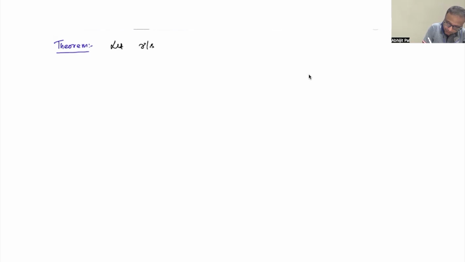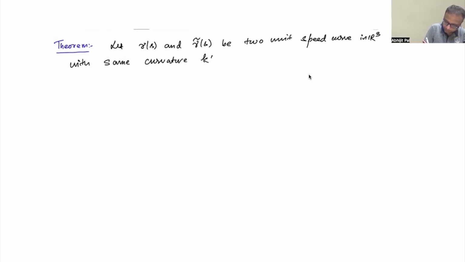Let gamma(s) and gamma tilde(s) be two unit speed curves in R3, with the same curvature k(s) greater than 0 and the same torsion. Okay, so then the claim is